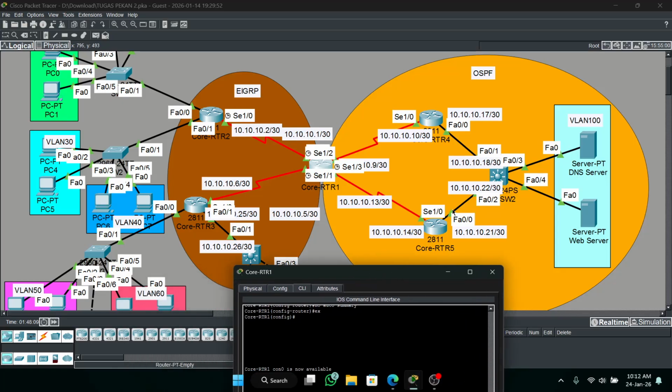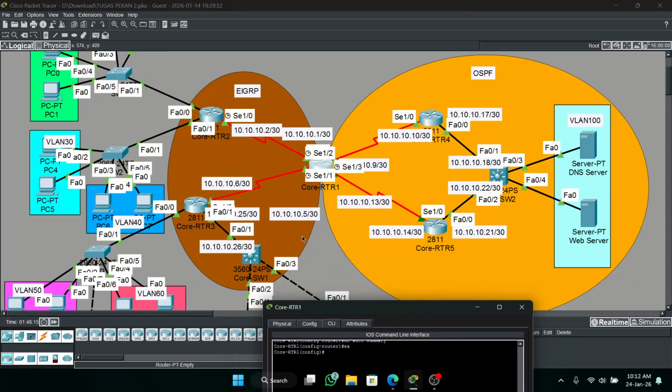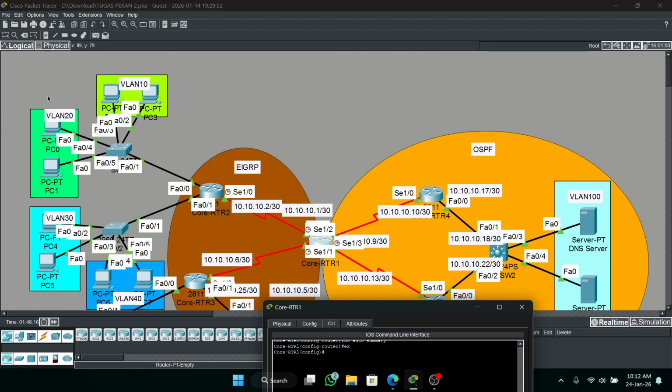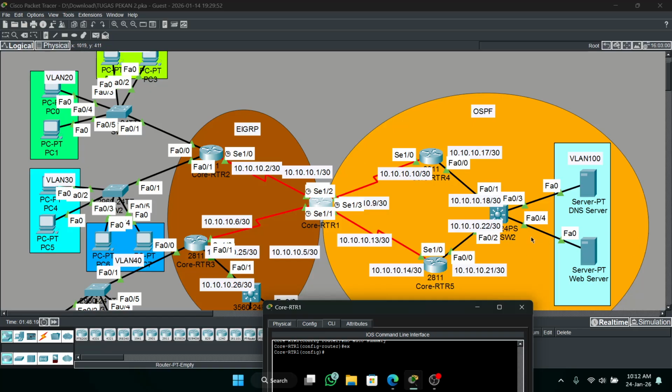Redistribution is so that OSPF routing or EIGRP, different routing protocols, can communicate with one another. So all the devices can access the server.